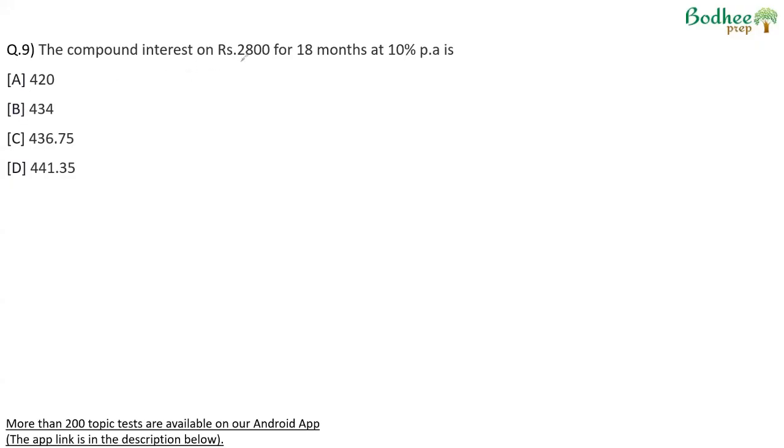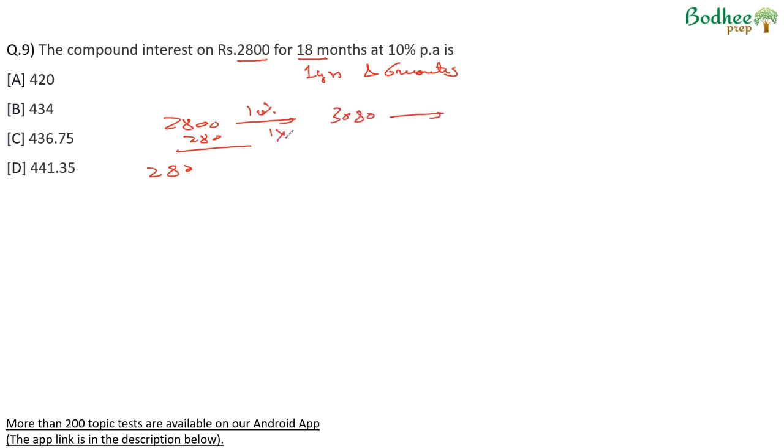The compound interest on rupees 2,800 for 18 months. So 18 months is 1 year and then 6 months. For the first year, we will get interest at 10%. 10% of 2,800 is 280. And therefore, the amount after 1 year will become 3,080. For the next 6 months, we will get half the interest, that is 5%. 5% of 3,080 will be 154. And therefore, the amount here will be 3,080 plus 154, which will be